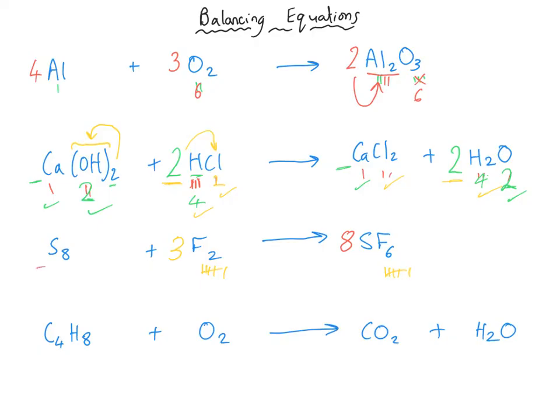And whatever numbers we have here and here, the number in the products has got to be 8 times bigger. So 8 multiplied by 6 is 48. So we've actually got 48 fluorines in our products, which means we need 48 over here. And so we actually need 24 fluorine here. There's nothing wrong with having a go and getting the numbers wrong first of all, provided it's really clear what your final answer is. And then this last one, 4 carbons, 1 carbon, so we need a 4 in front